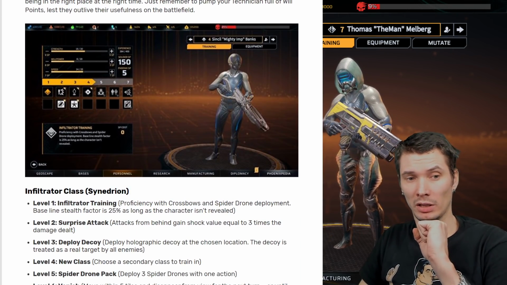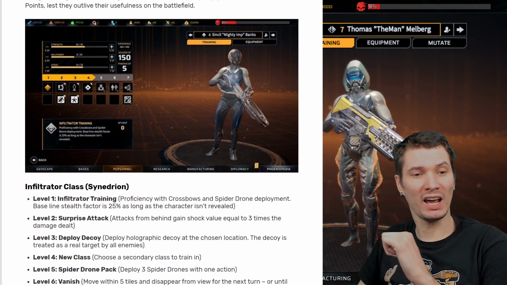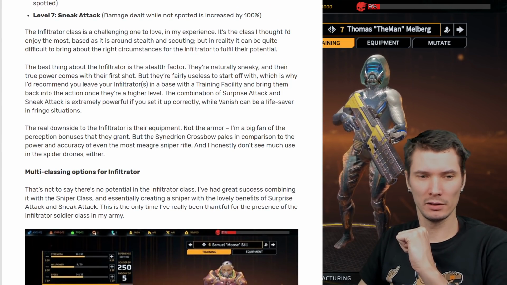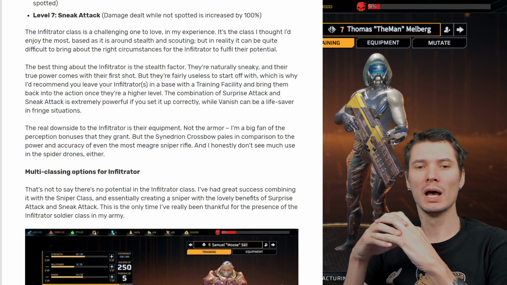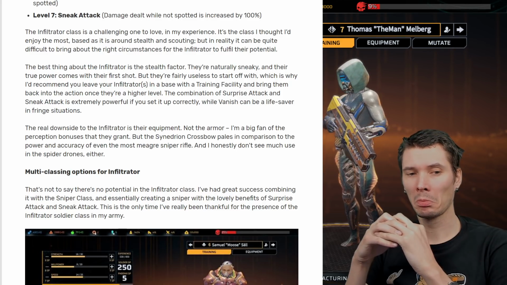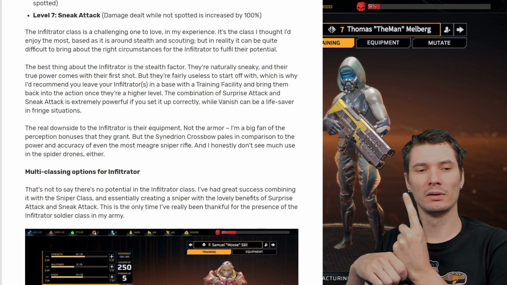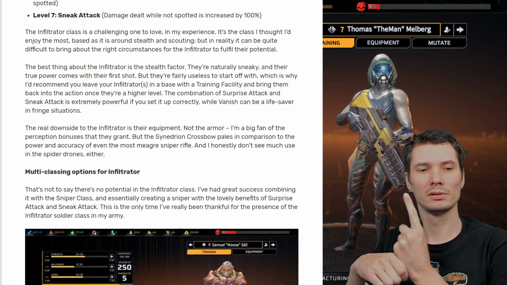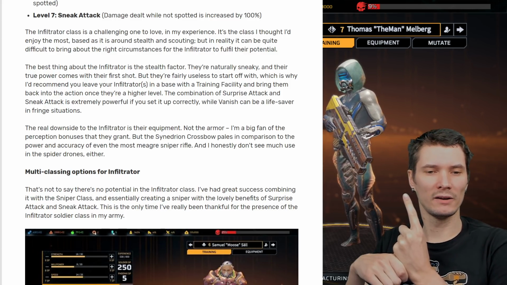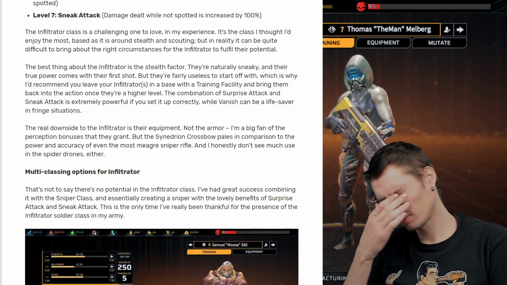Okay. Now it comes to the interesting stuff. So, what we have, Infiltrator class. Alright. There is no to say. There is no potential in Infiltrator class. I had great success combining it with Sniper class. One class, Sniper class. An essential creating sniper who lovely benefit attack of surprise, sneak attack. This is the only time I have really been thankful for the presence of Infiltrator class in my...